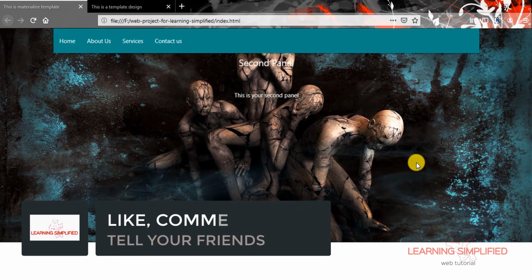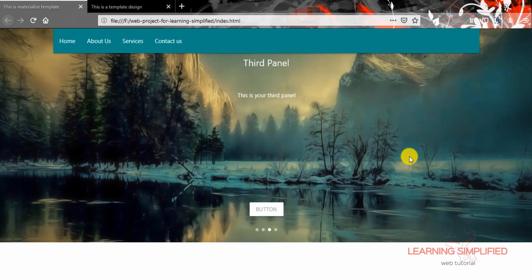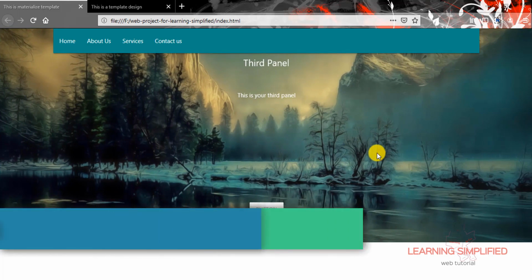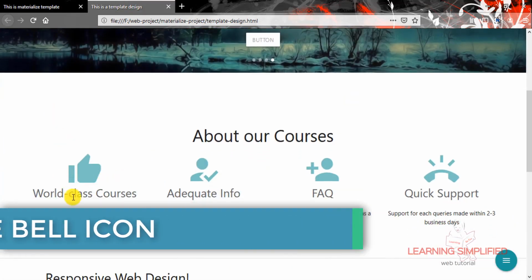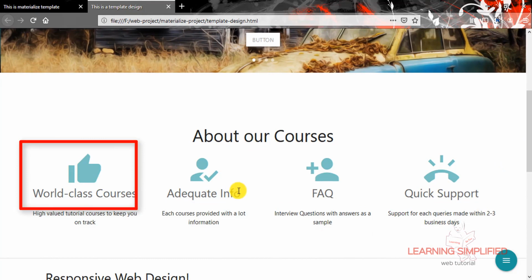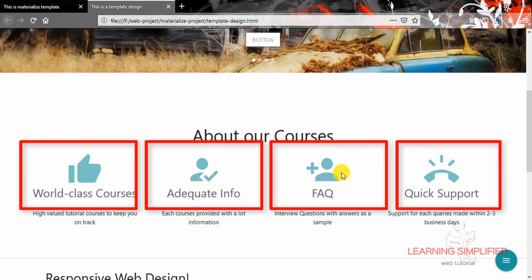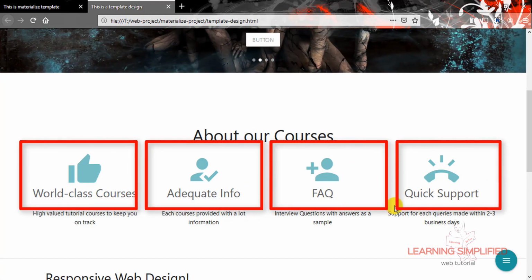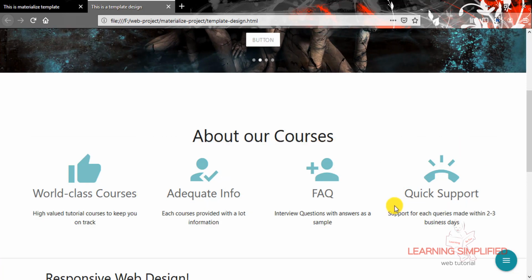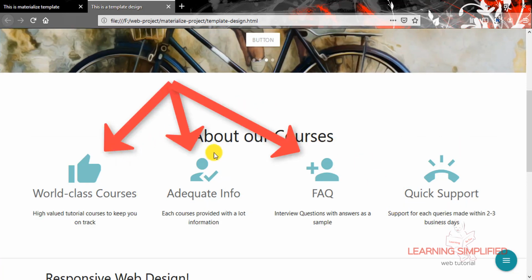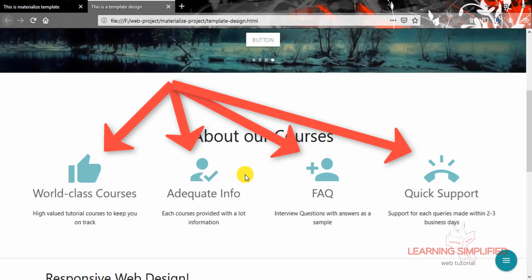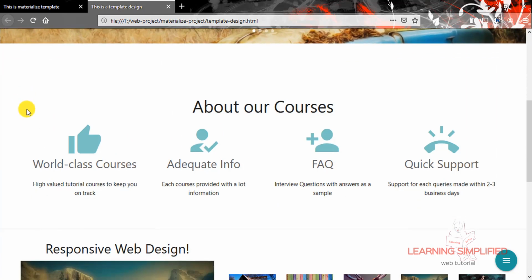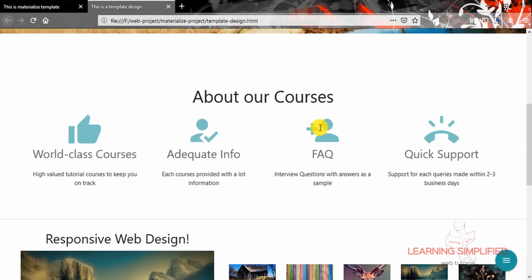So in this tutorial, we are going to start on something new. We will be creating the grid section, the icon part, which is lying below. As we can see here, this is the grid section. There are practically 4 grid sections over here, 4 blocks or 4 columns, as you can say. And in each part, you can see that we have adopted some kind of icons, and not only that, we have customized them to fit into our project. So this is the part that we are going to concentrate on in this particular segment.